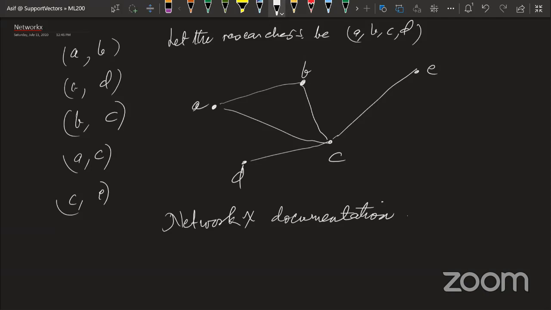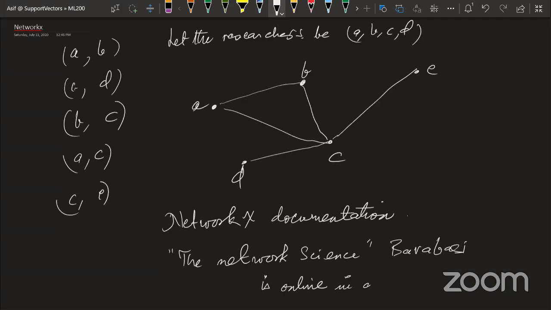Also, Barabasi's book, Network Science, by the great researcher Barabasi, is completely online, in a beautiful format.